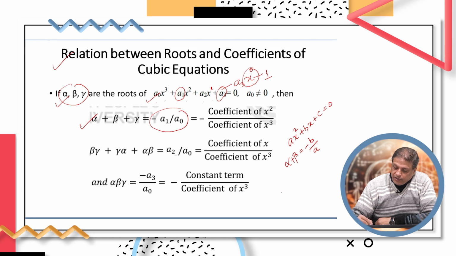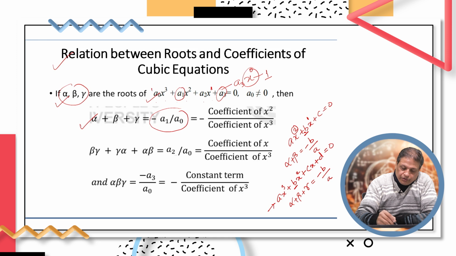And over here, if I say ax cube plus bx square plus cx plus d equal to 0, then alpha plus beta plus gamma is likewise over here the coefficient of one term lower than the highest coefficient. So, coefficient of x square, because the equation is cubic. So, that is minus of b by a,